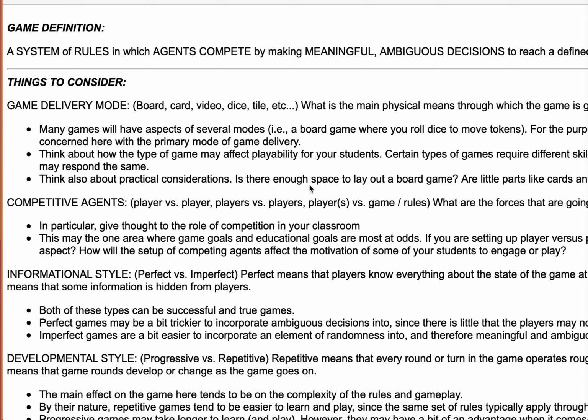But the cards are not the game. They are just an aspect of how it's played. The main playing arena is the actual board that the game is played on. So, and I'm not going to get too nitpicky about this, but you should think about what direction, what type of game, because that's going to influence the physical things that you need to create for